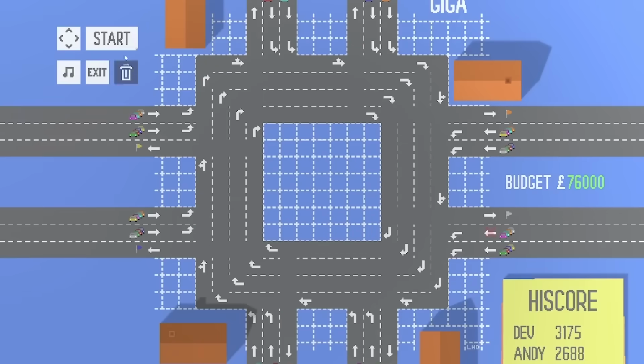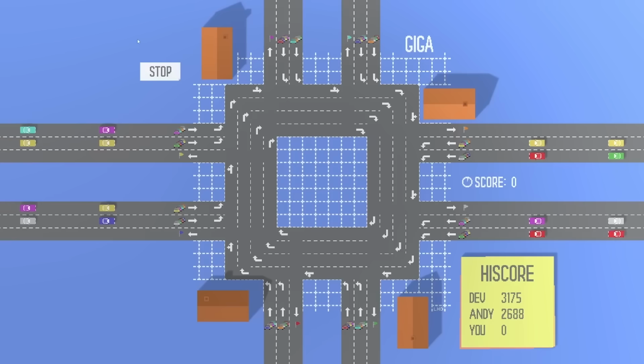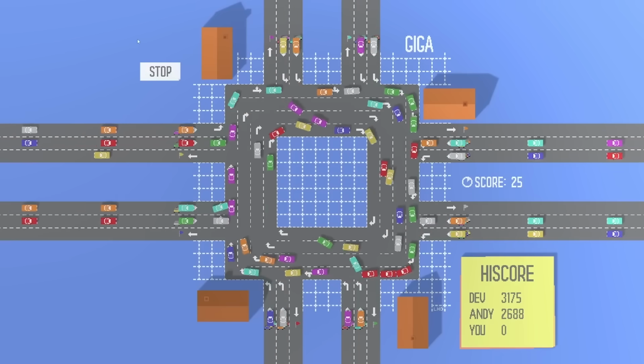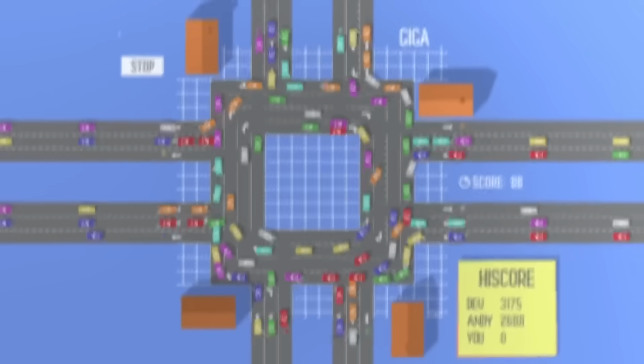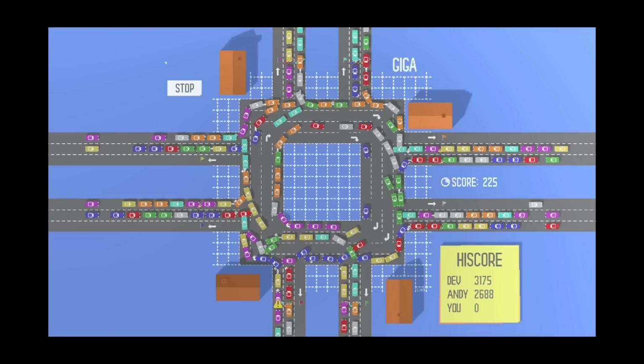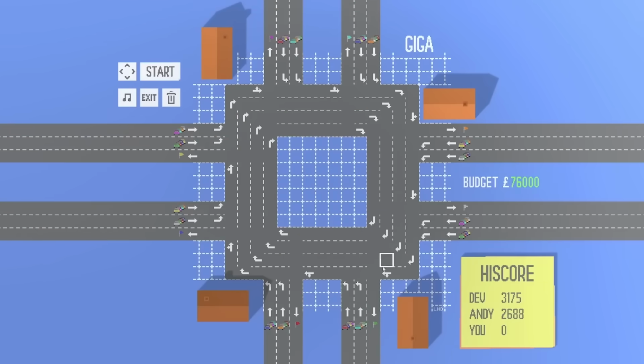Okay, 4-lane roundabout. Sorry, square-about. Because then there's less traffic getting in the way of each other. Oh man, it's carnage. It is carnage. Look at it. Look how carnage it is. Oh dear, right. In the absence of giveaway lines, I feel like this could be where the traffic lights come